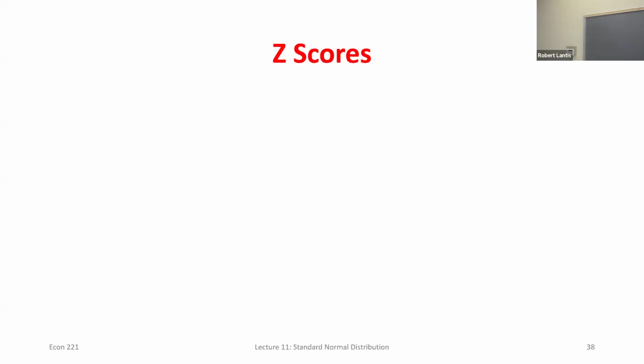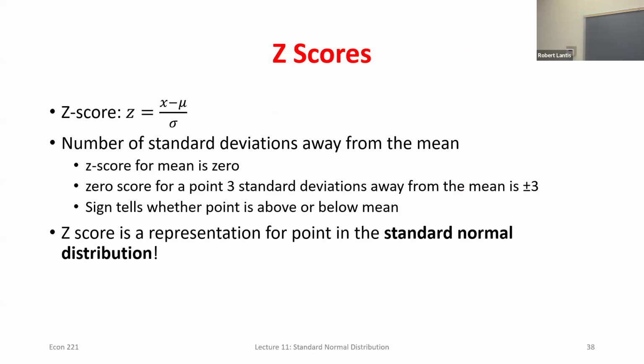Is there anything else I want to say here? We got z-scores. We talked about standardizing variables. It's essentially what we did in Stata earlier. We just take the value of x for whatever variable we're looking at. For every observation, we subtract the mean and divide by the standard deviation. This gives us these nice new z-scores, which represent the number of standard deviations that data point was from the mean. And that's how we can interpret them. A z-score of 3.5 is 3.5 standard deviations above the mean. A z-score of negative 0.2 is 0.2 standard deviations below the mean.